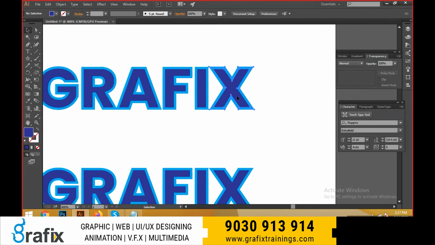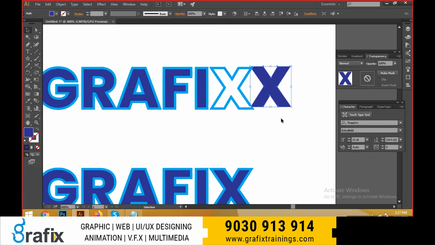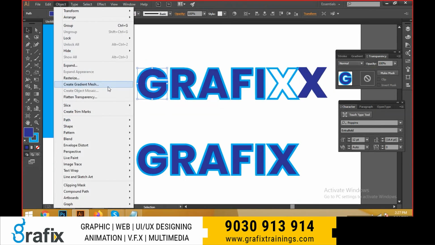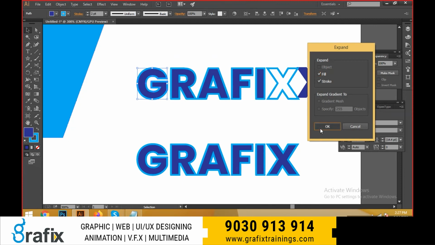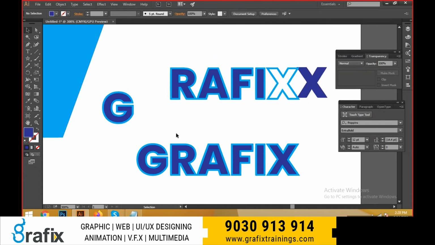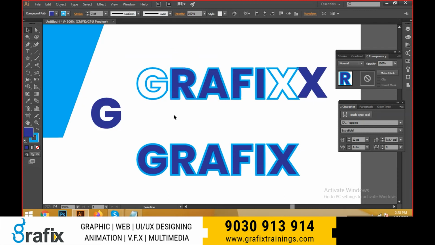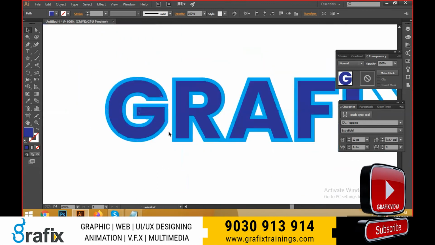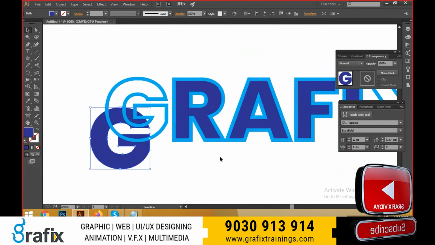Expand, right click, ungroup, like this. Means I can select this one, right click, release compound path. Again I would like to go to the object, expand and fill and stroke. Again Control Shift G, ungroup. Like this we can ungroup, and we can divide our stroke and fill like this.